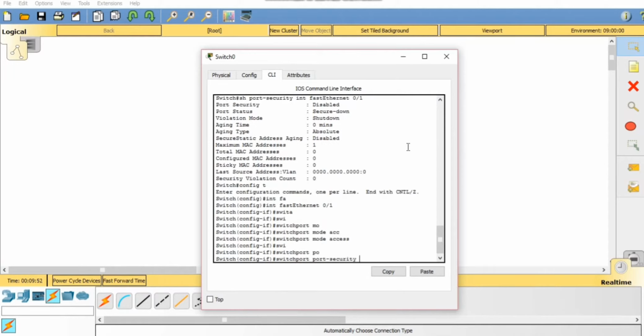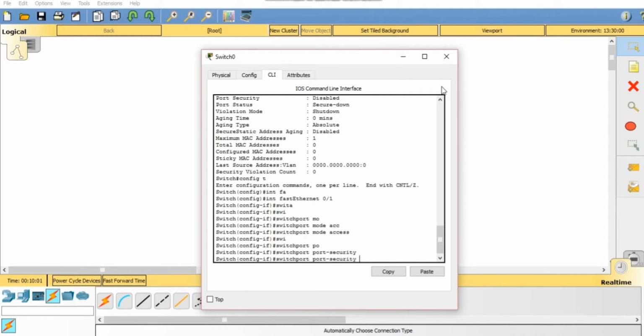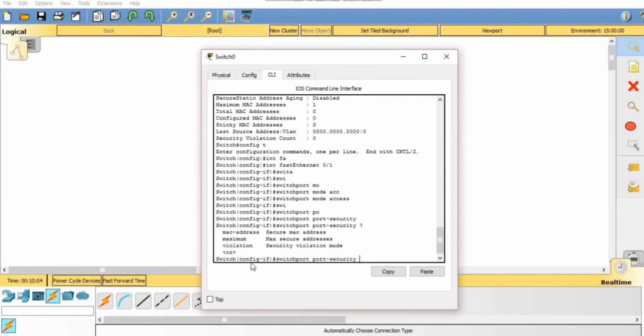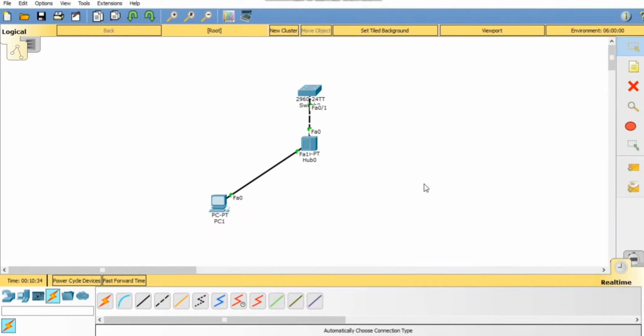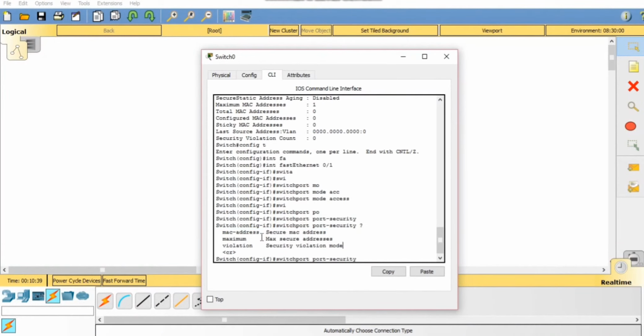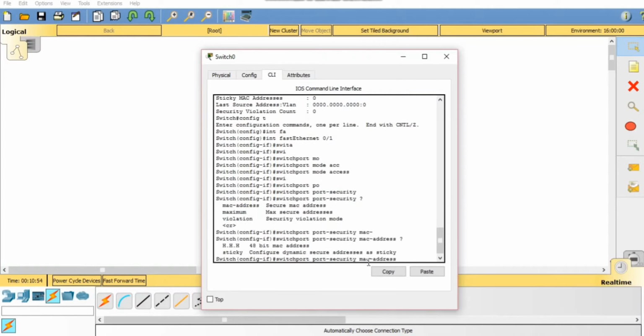So here is a command to enable the switchport security. So now we have enabled and we have different options to enable the security feature. So you can see the MAC address, maximum and violation. MAC address is like you can give what MAC address should be accepted on that port. We can instruct the switch port from which host it should accept, and also the maximum number of hosts it can accept, and then what if someone violates it.